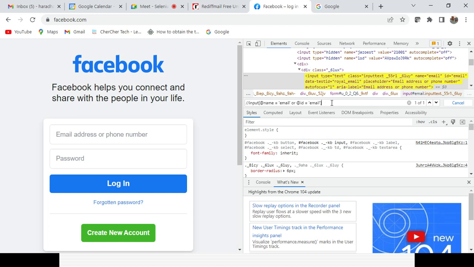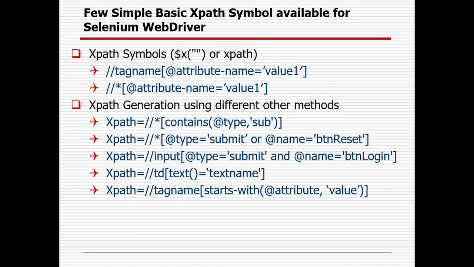Okay. So already the attribute starts-with and contains also, right? Suppose in case your middle portion is fixed or your last portion is fixed, you can use contains, right? And in case your start portion is fixed, you can go with starts-with. Okay. Then I will show you, in case you need to create XPath for the link, how you can